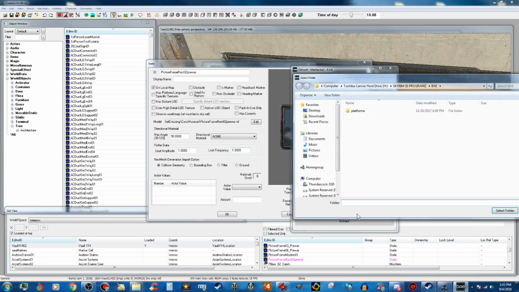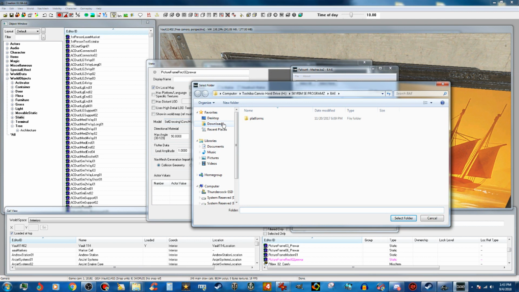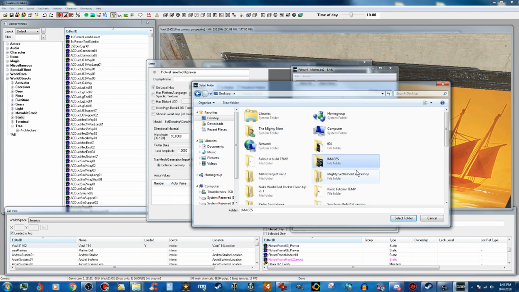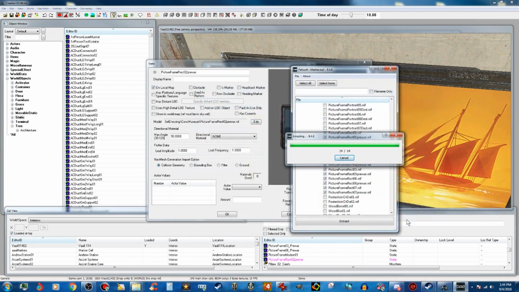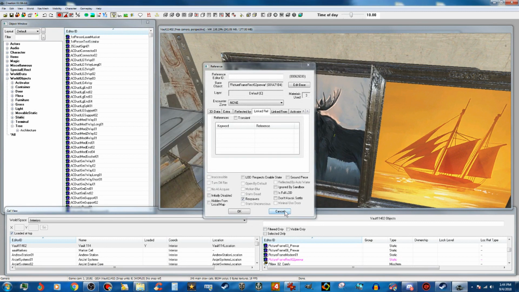Now I'm going to extract those, and remember that folder we made on the desktop, like that, and I'm just going to extract those out, and that's fine. I'm going to cancel that,